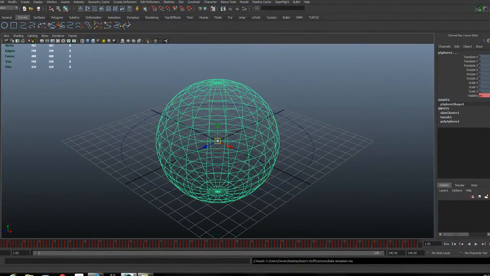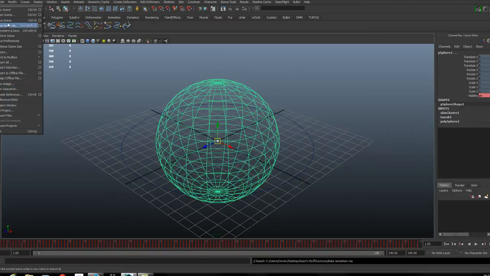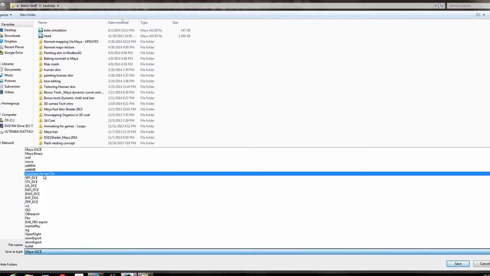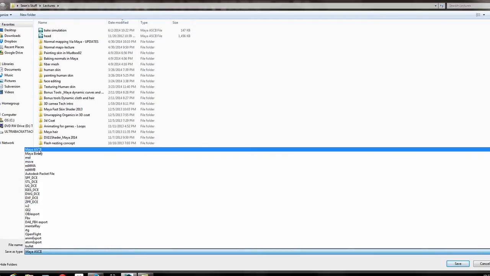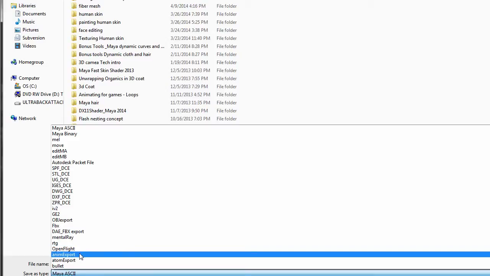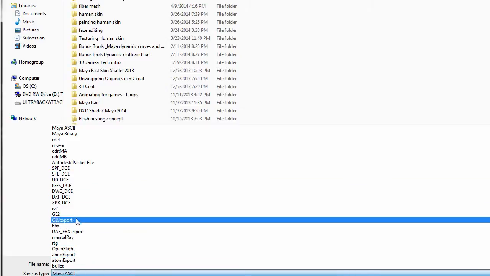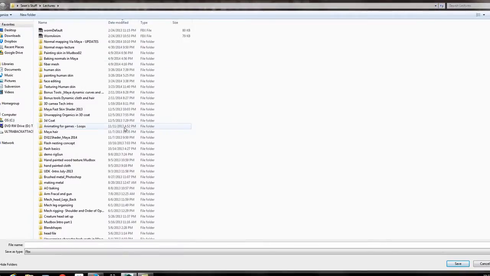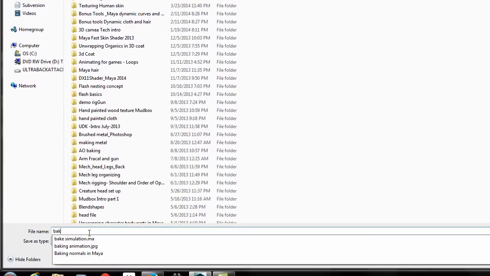And then now I'm going to export it. Now the way I'm going to export it, let's go in here and export selection. I'm going to do FBX. You can do a Maya scene because it is Unity, but we're going to do FBX because it's just a little bit smarter and sometimes a little bit cleaner. If you don't delete your history or keep things organized like you should, you could run into a little bit of trouble. So we'll call this bake